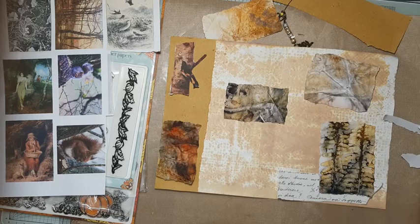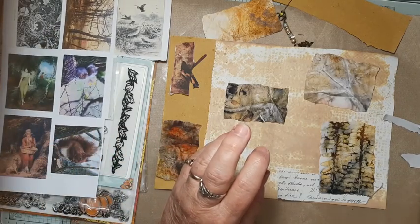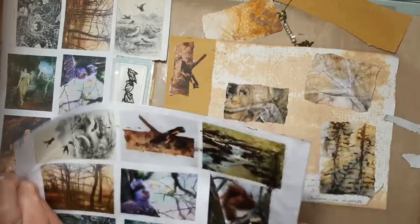And I just wonder if there's anything salvageable on this one. Okay, that's not too...